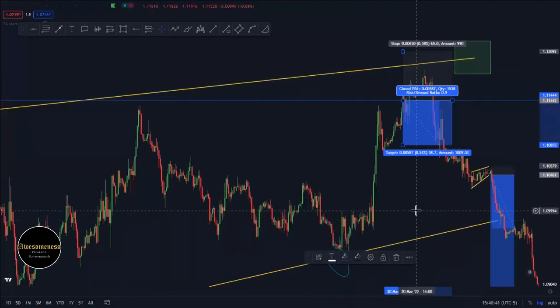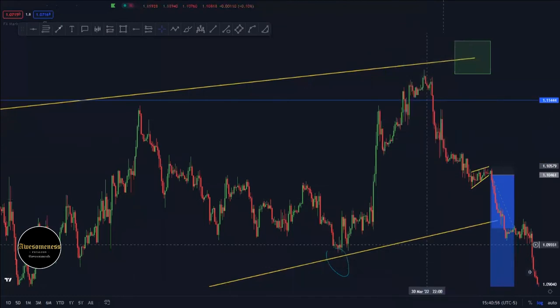Note, when it gets to your point of interest, like I said, you can look for your 1 hour candlestick confirmation. When it does not get to your point of interest, don't look for any 1 hour candlestick confirmation. So please,